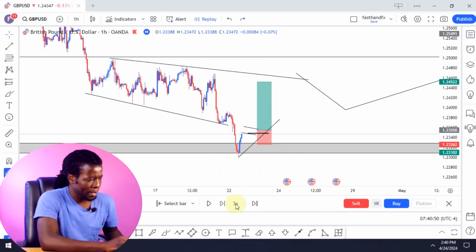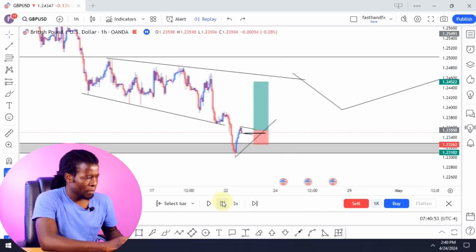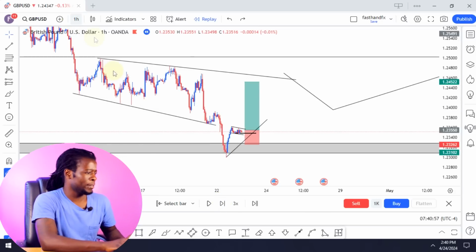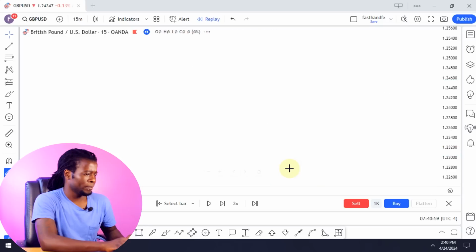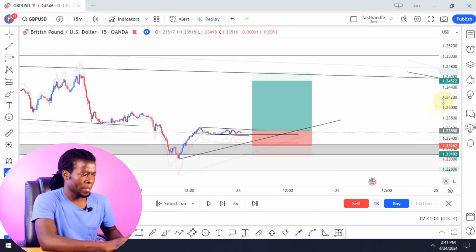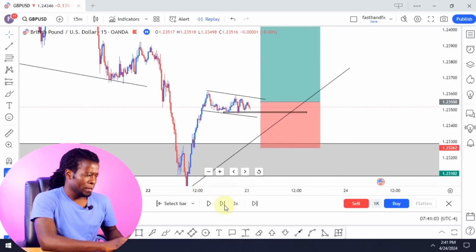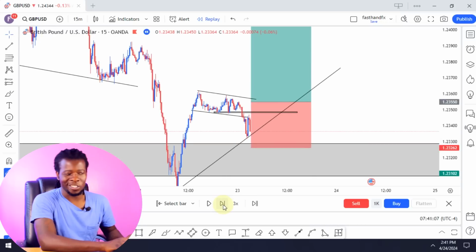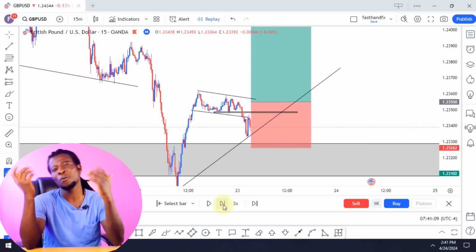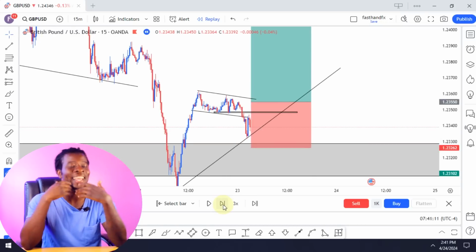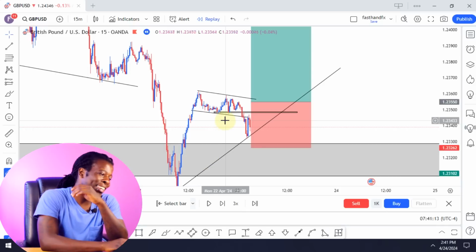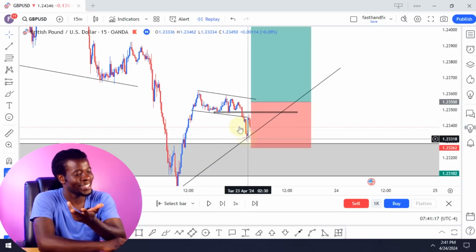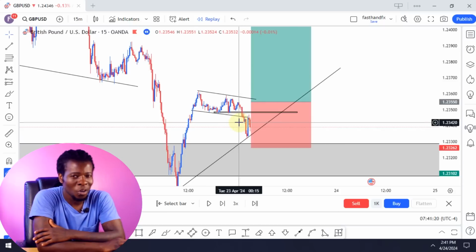All right, so let's see what the market did. The market went. Now let's go to the 15 minutes. All right, right there. The market did this thing right there, and guess what? It went down. When the market was dropping, guys, I keep on saying it doesn't mean that the market has taken out a support. It doesn't mean that the market is changing its direction. Understand the market. Yes, it broke out of that support, and guess what?